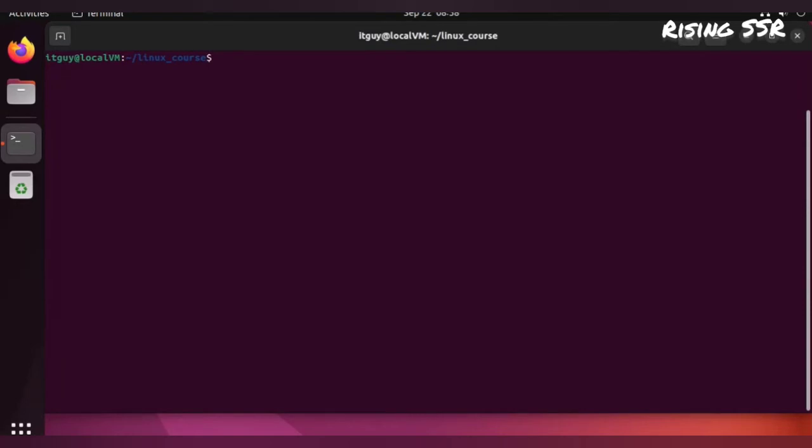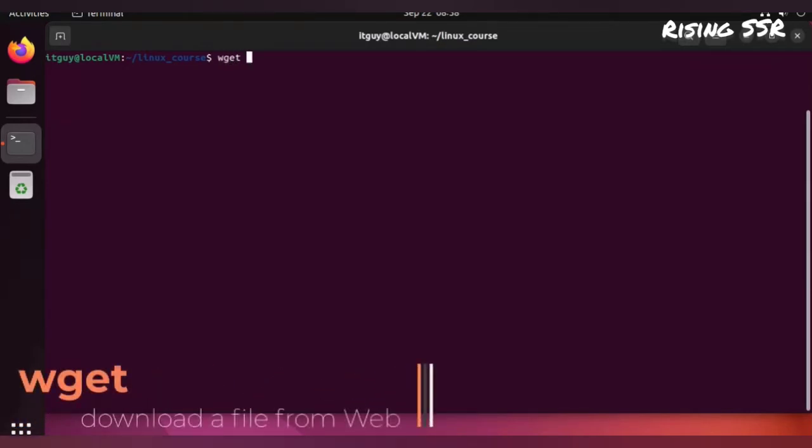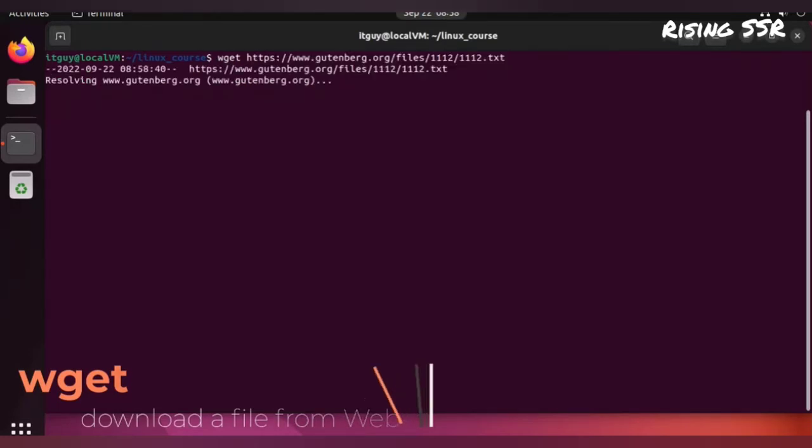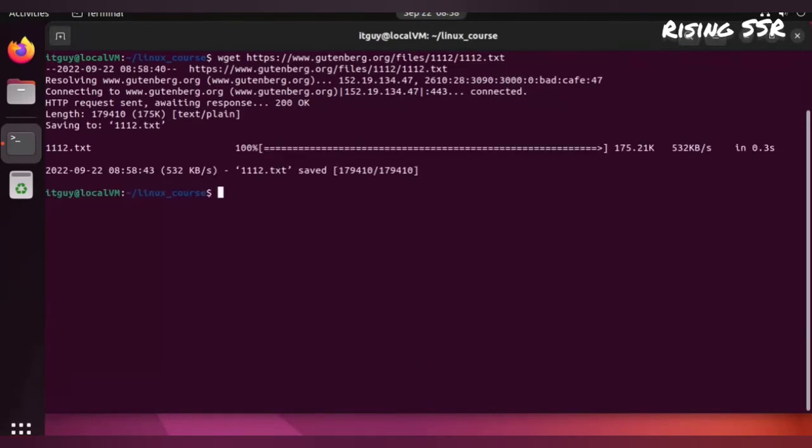There is one more trick I want to do now. I'm going to run one magic command to download some long text file. It's not the command we're learning in this section, it's just a piece of software to help us download the file from the web. So we type wget space and URL for the required file. Downloading process might take some time, but when it finishes, we can see a new file in our folder. Its name is